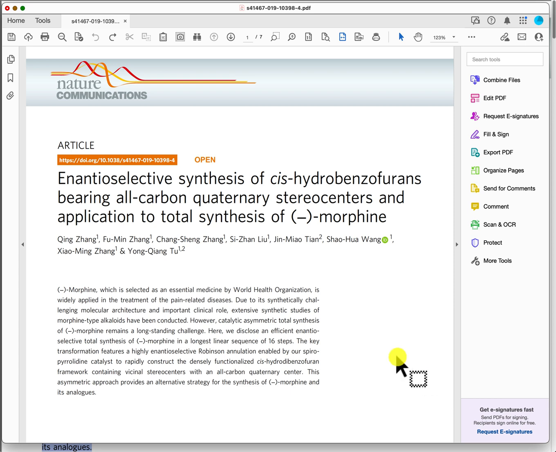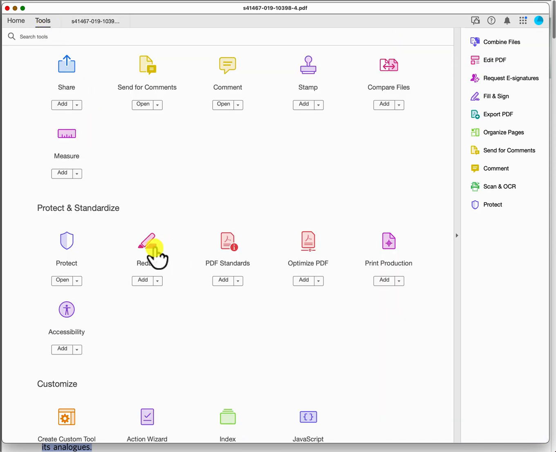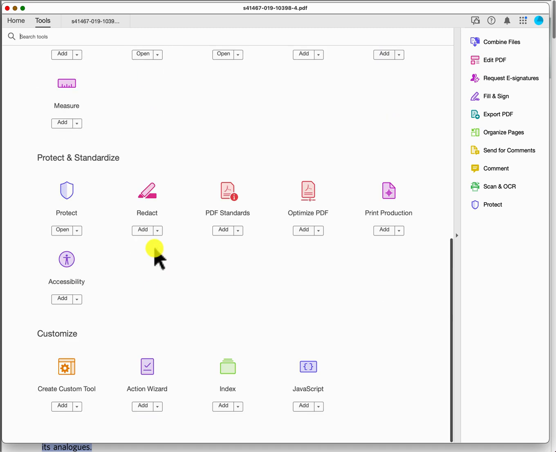You can do that by getting a highlighter and manually highlighting the actual substance. You can also highlight it online. If you've downloaded the Adobe Creative Cloud, it will allow more functionality and flexibility with the actual PDF. So here I have the PDF of the document, and at the top here there's a Tools tab. If I click on that, I can select the Redact icon here and just click on Add